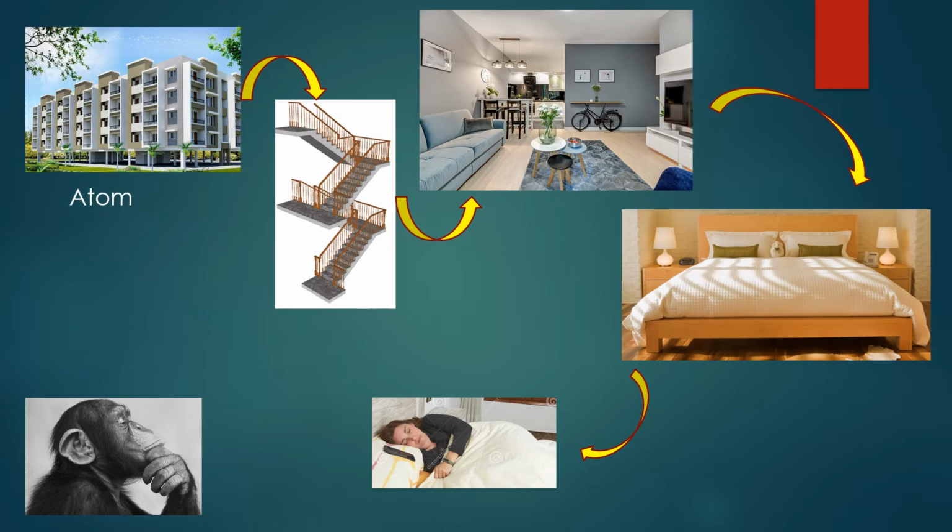An atom can be represented by a building. Just like a building, an atom is a general structure which is further broken down into shells. There are many shells in the atom. Each shell will be broken down into sublevels or subshells. And each of these subshells will be further broken down into many orbitals. It is here in the orbital where we are going to find the electrons.